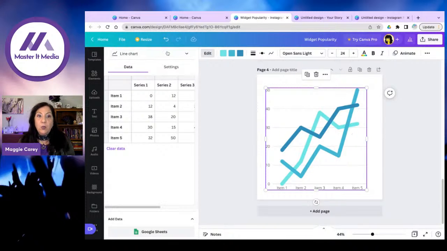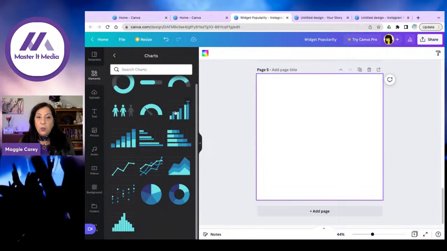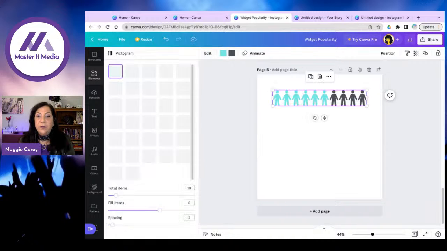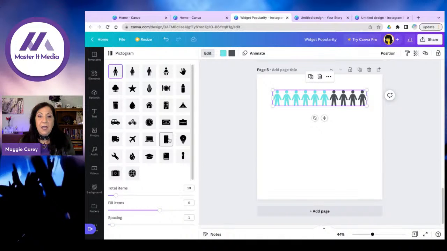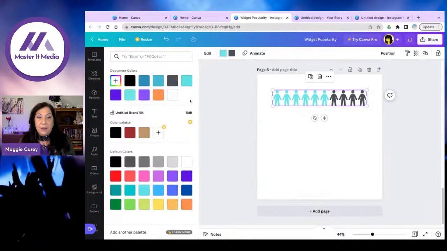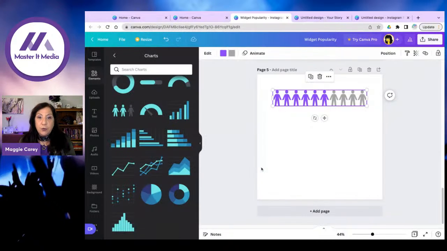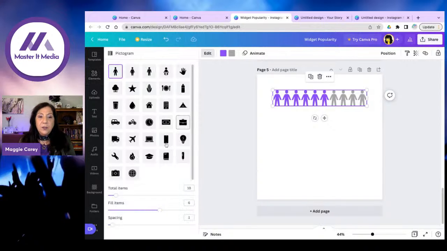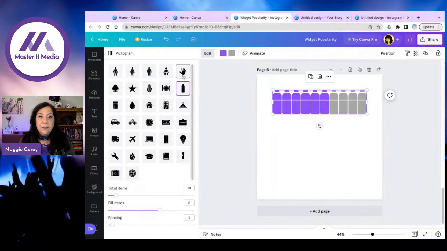Sometimes playing around with your data will allow you to determine which of these charts would work. So I'm going to take this one for example. And I love this pictogram because this really is a great way. Again, of course, I'm changing this to purple. This is a great way to show things to people in an interpretive way. And you can also do things like change the icon or the graphic, right? To meet more of